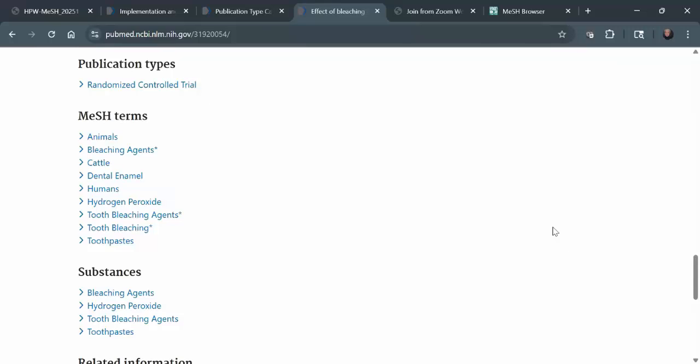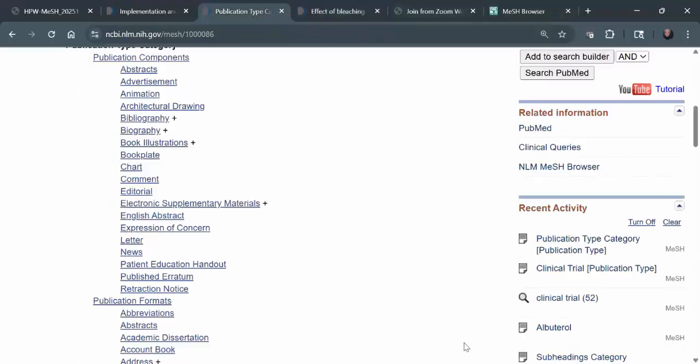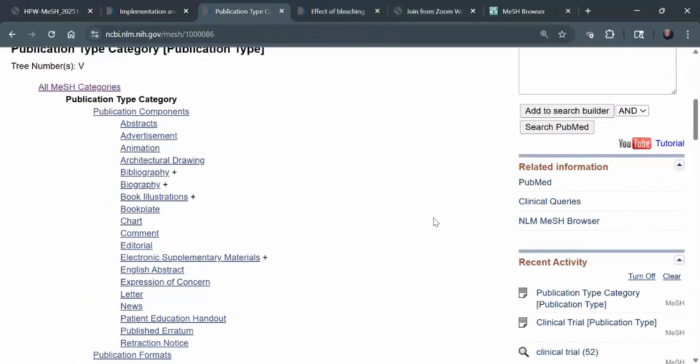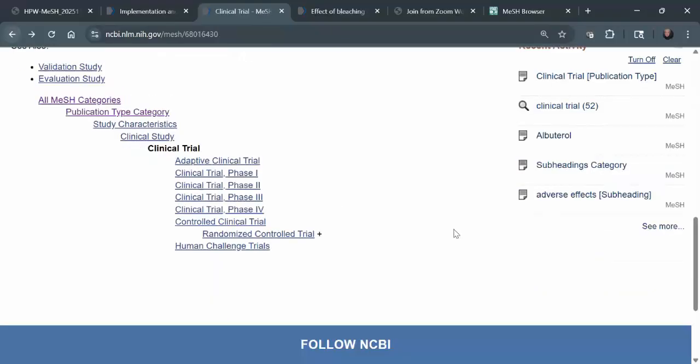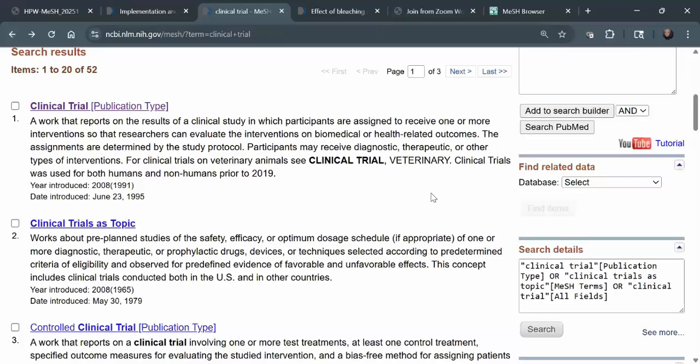Okay, any questions about publication types? Not yet. Okay. If you want to click on your publication type tab, and maybe go back one, use your back button one, because we were looking, okay, and back again. I just wanted to point out, so we had clinical trial publication type, which describes